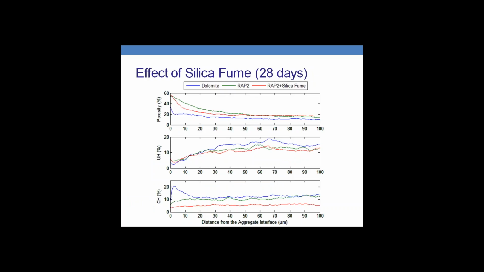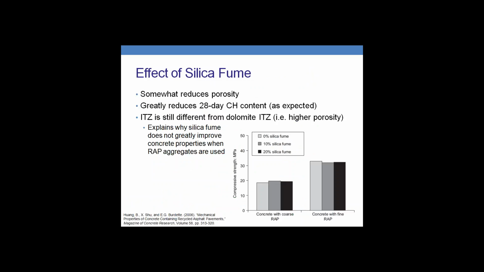So now here we have the dolomite again on the bottom. This is with silica fume, and then without silica fume. So we can see that silica fume is helping us a little bit, but not to the point where it's as good as dolomite. And this explains exactly why adding silica fume to concrete with RAP has not been shown to